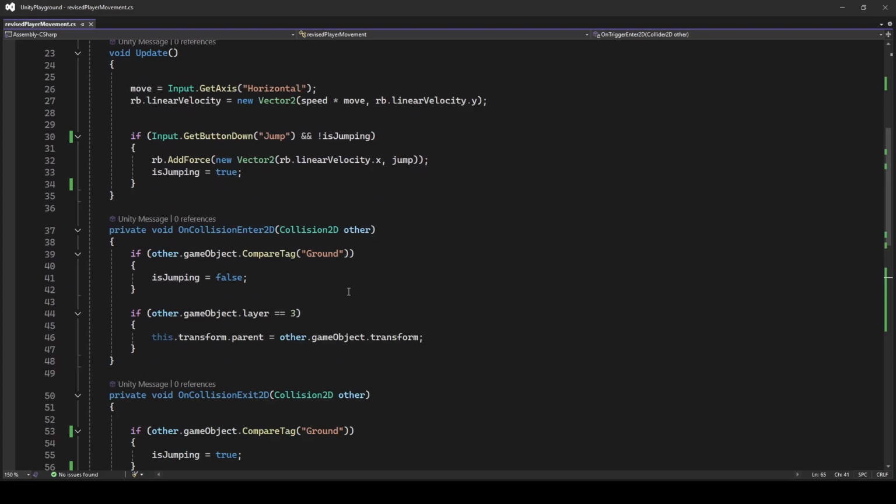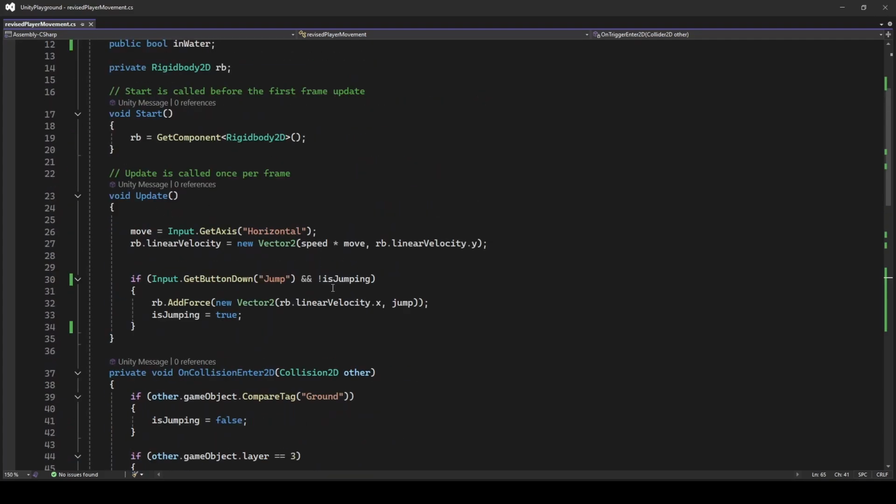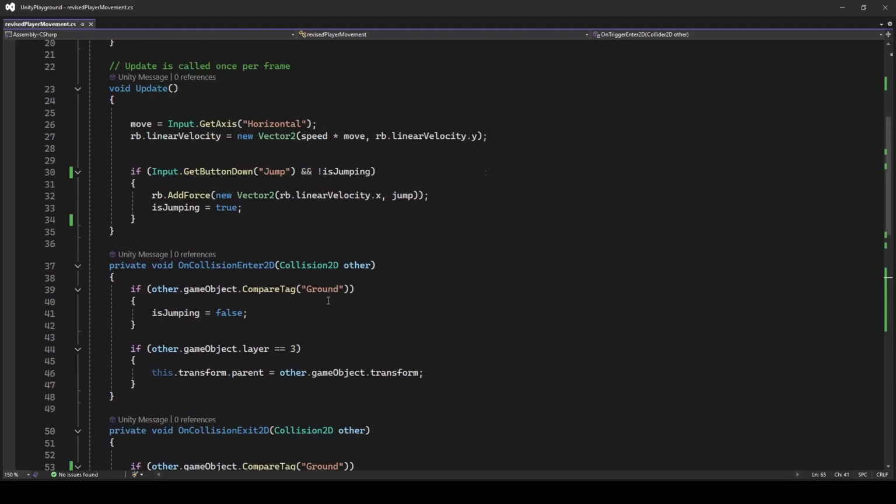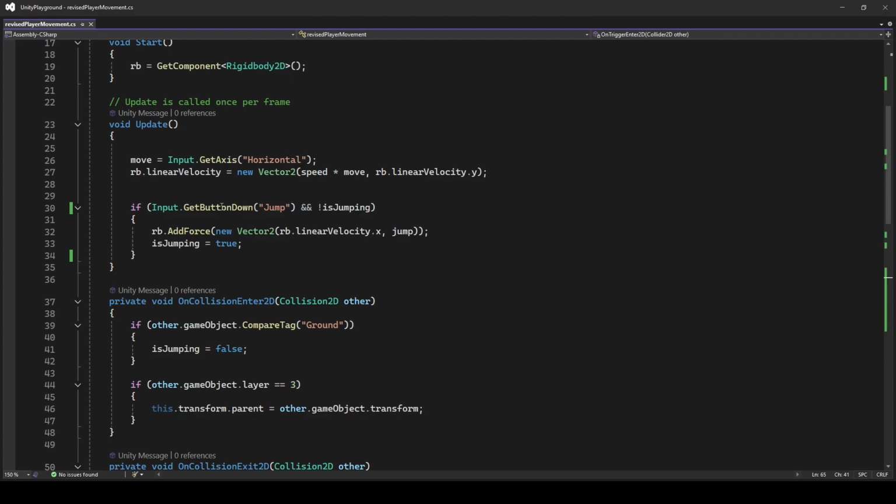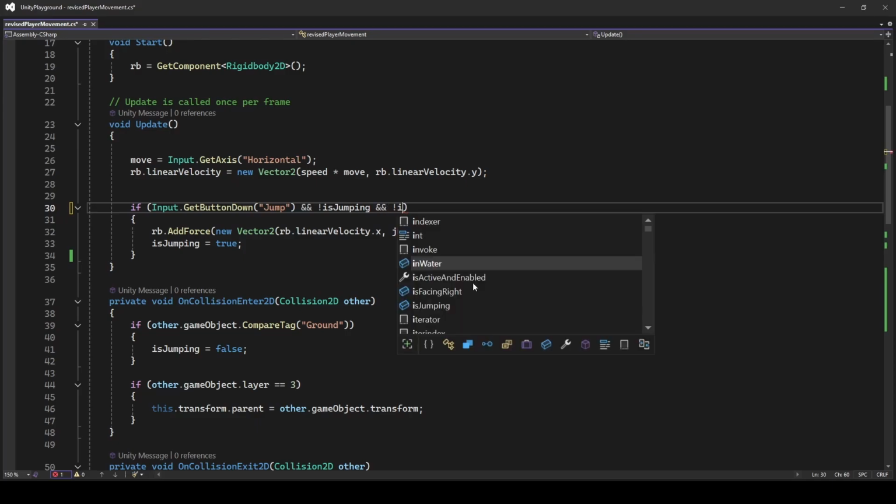So the next thing we need to do is take a look at our jump command. So this if input get button down and is jumping. What we need to do is rewrite this and add a new condition for it. So we're going to say, instead of this old one, we're going to add this. So if we're not jumping and we are not in water,